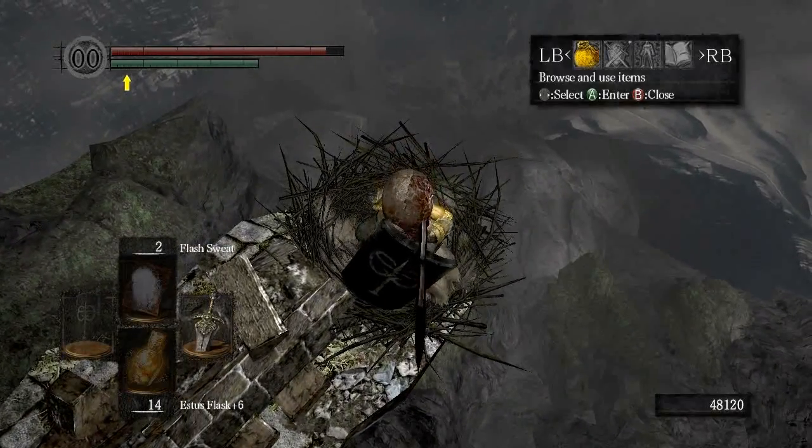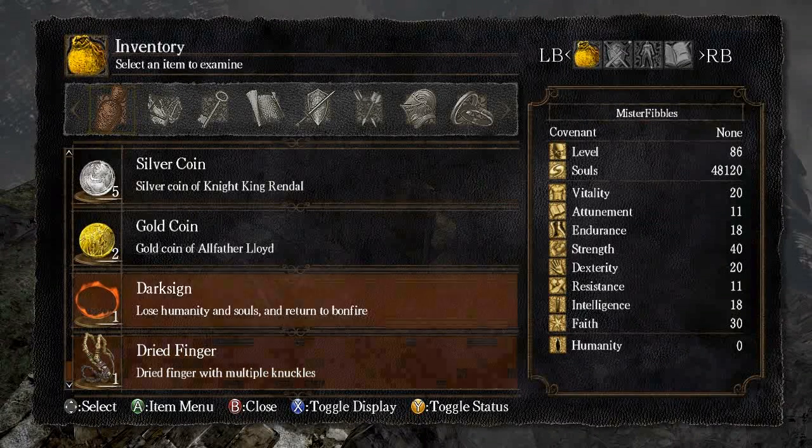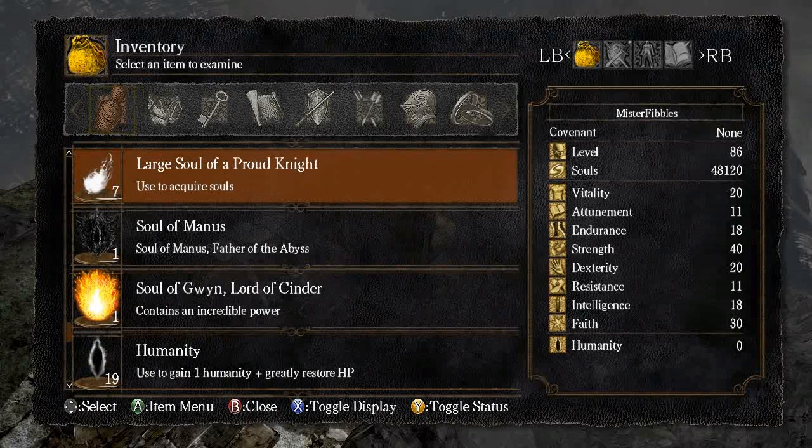Now you can make Manus's thing into a catalyst. I think it's called a sorcery stick type thing, but to be honest, there's no point in doing so, to be honest. And as it's the end of the game,